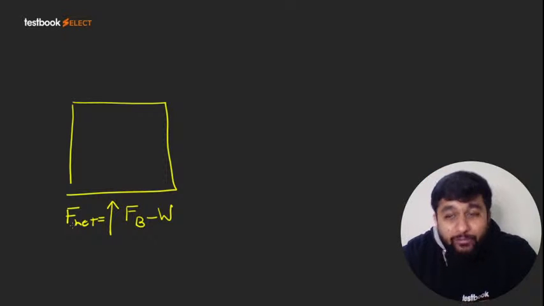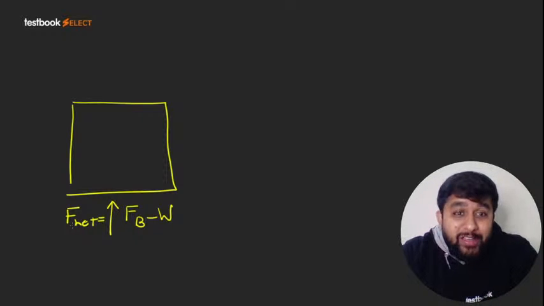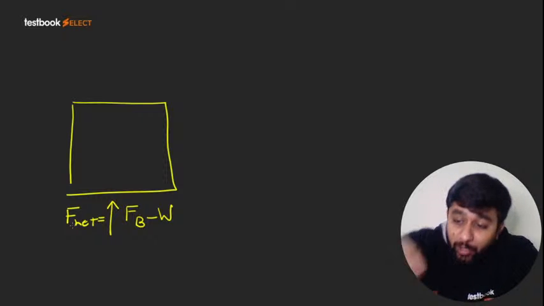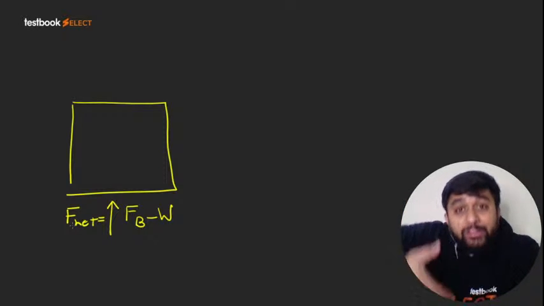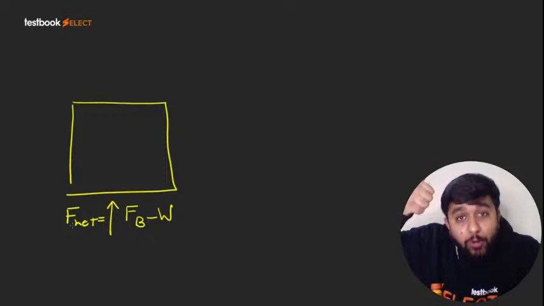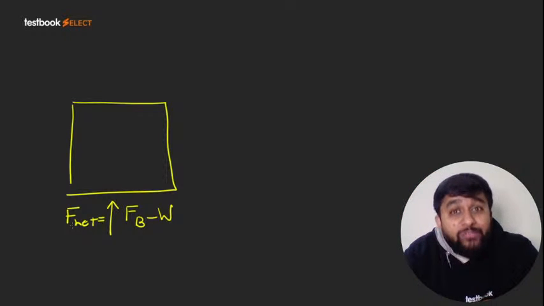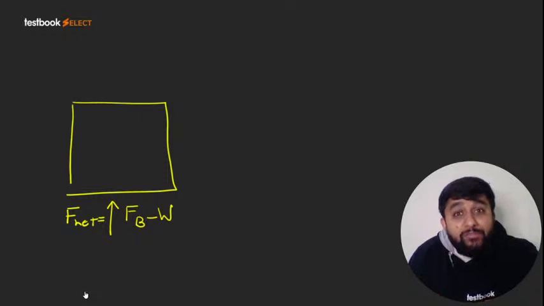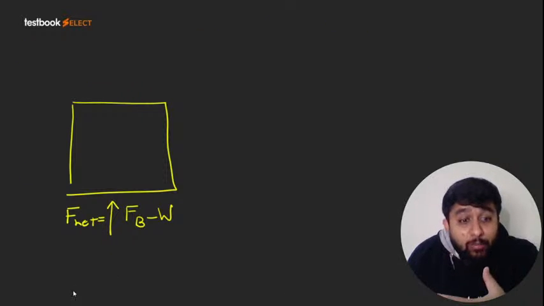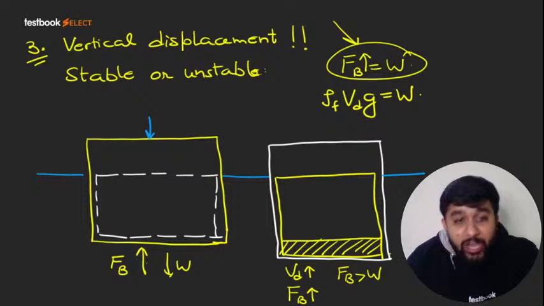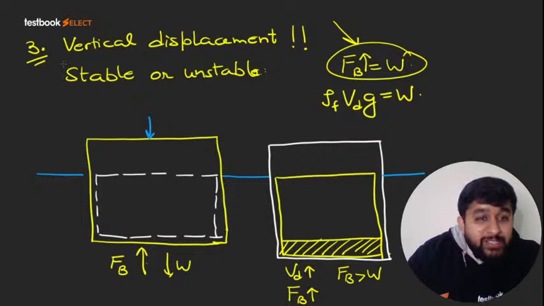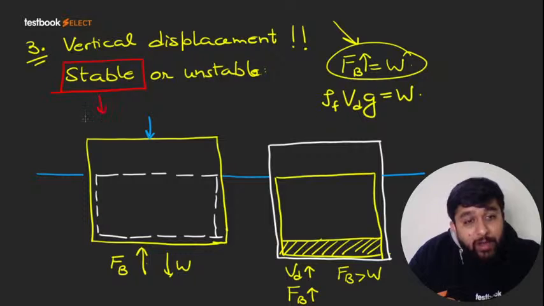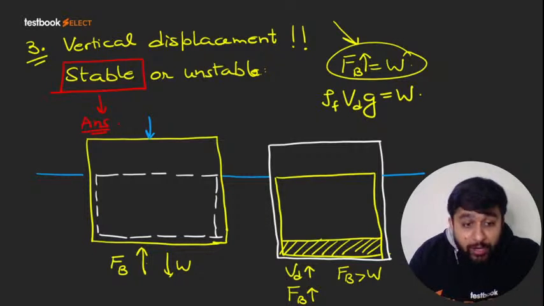So when you are talking of vertical disturbances, vertical displacements, the body is in stable condition, because if you push the body a little down, the body will tend to come back. If you pull the body out, the body will try to fall down. So it is in stable condition, it has restoration capabilities. I think we have discussed in our classes also that when we talk of vertical disturbances, the body is in stable condition. So your answer is stable condition, right? Okay. Now the next question is,